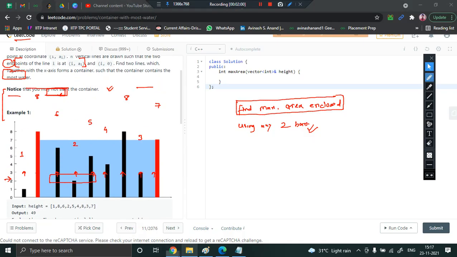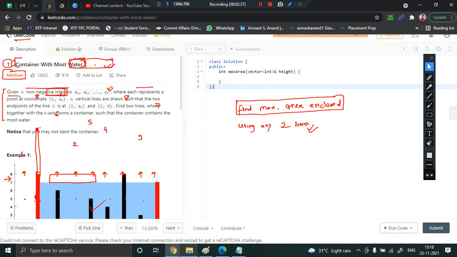Basically, this is the x coordinate here, and corresponding to every x coordinate there is a y coordinate. For every tower, if you assume this straight tower, it has 2 points, one here and one here. What is the coordinate of this point? The coordinate of this point is (i, 0), and the coordinate of this point is (i, Ai), which is basically the height of the tower. We don't need this in our process, because we know the height of the tower is already given in an array. They have just provided these things to confuse you.